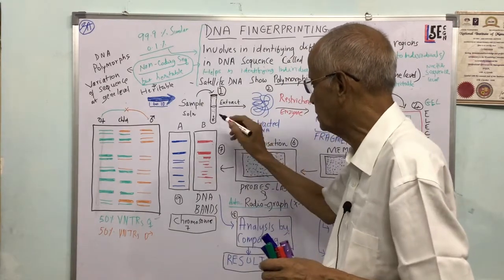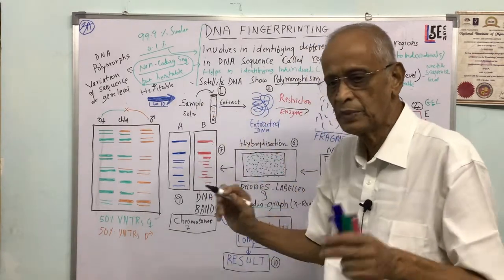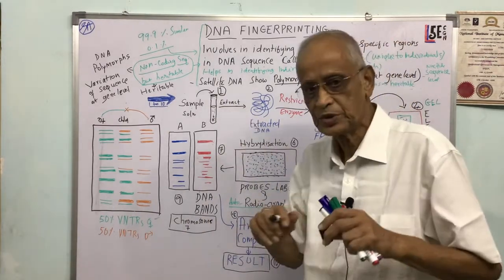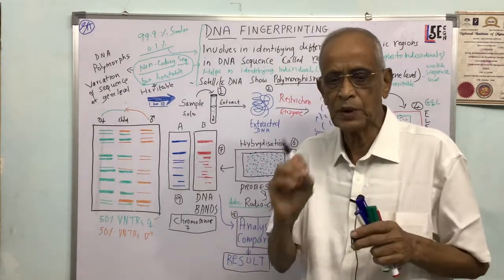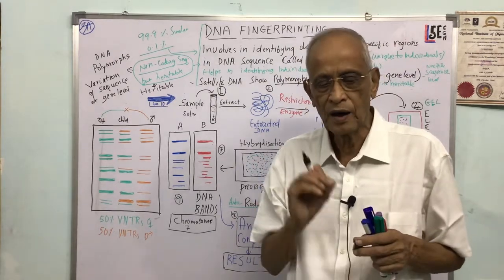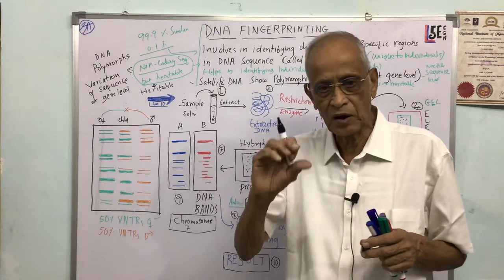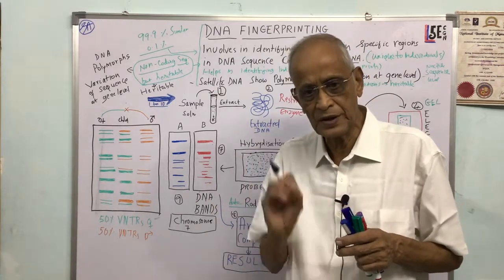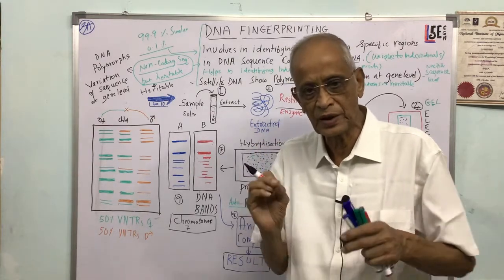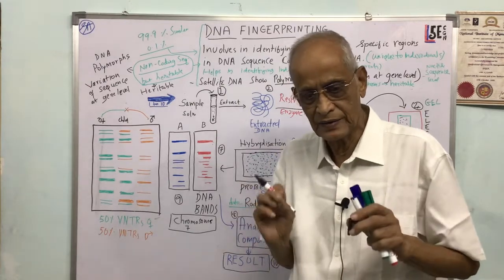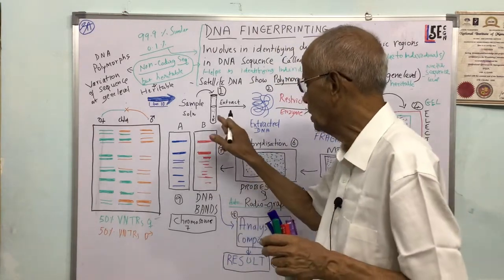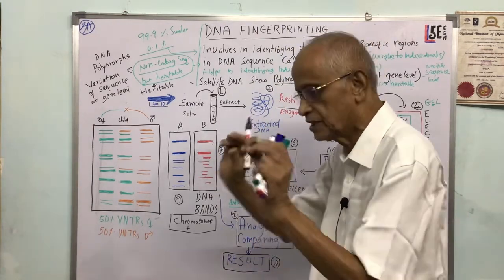Step number 1 is taking the sample, as I said, from any bodily part, and then that sample is treated with solutions. If you remember the extraction of chlorophyll, we use solvents like carbon tetrachloride. So a solvent is employed here on a small sample, and these are very precise techniques. You and I cannot do it unless we are trained, and there are specially trained people who use the solvent to extract the DNA of that material.